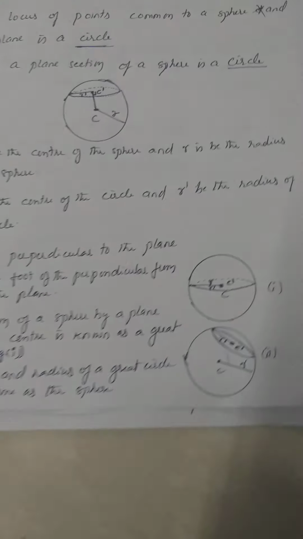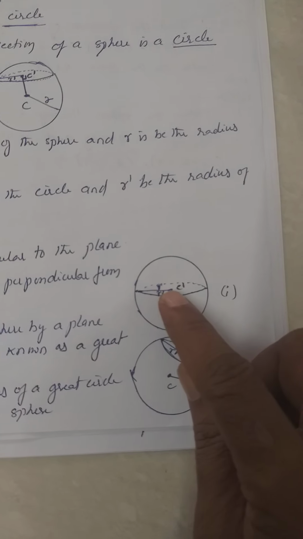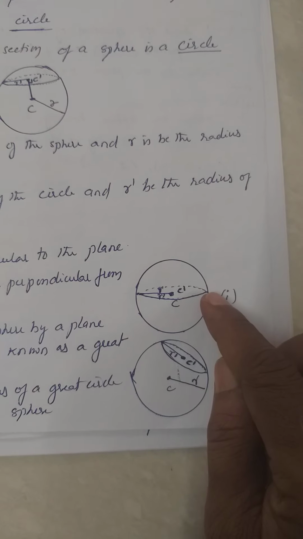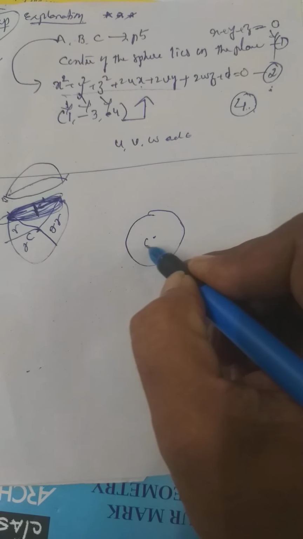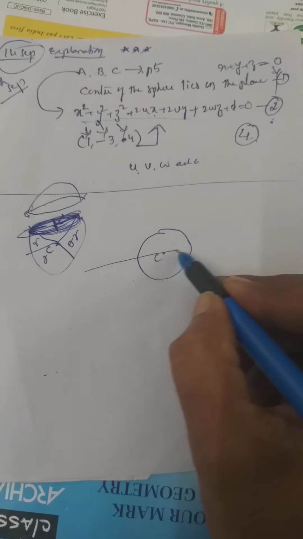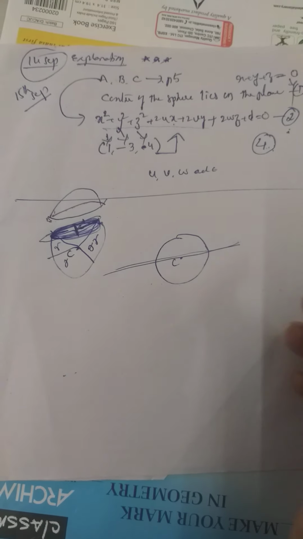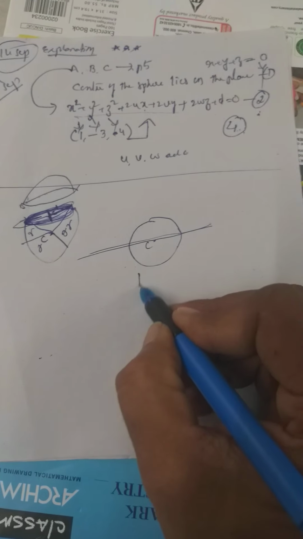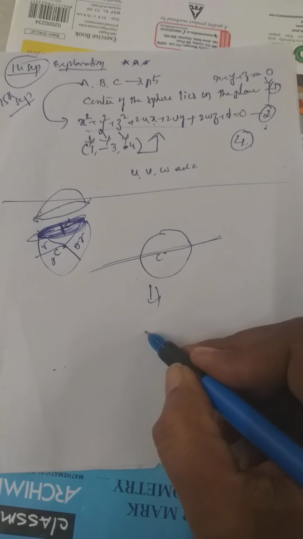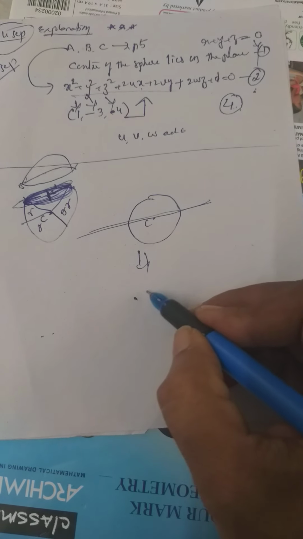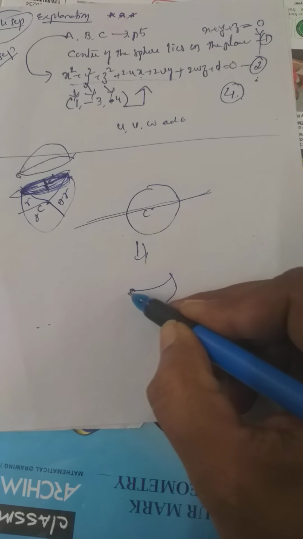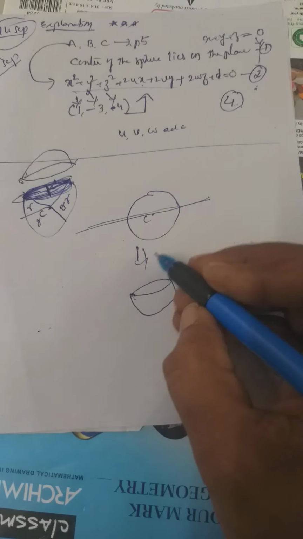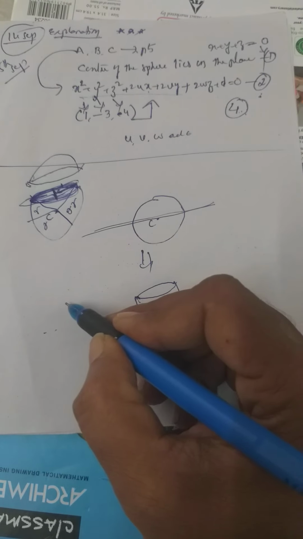Here two diagrams are given to you. Now in this diagram, this is figure 1. This is a given sphere, whose center is C here. The plane cuts the sphere at the center of the sphere. That means it divides it into two equal parts, like this, right? And the other part, the upper part, I am drawing like here.